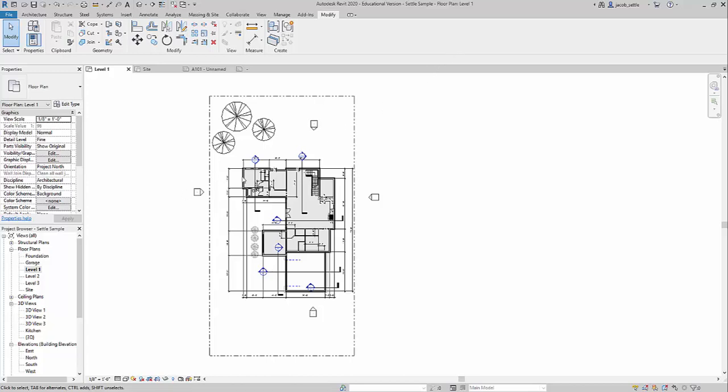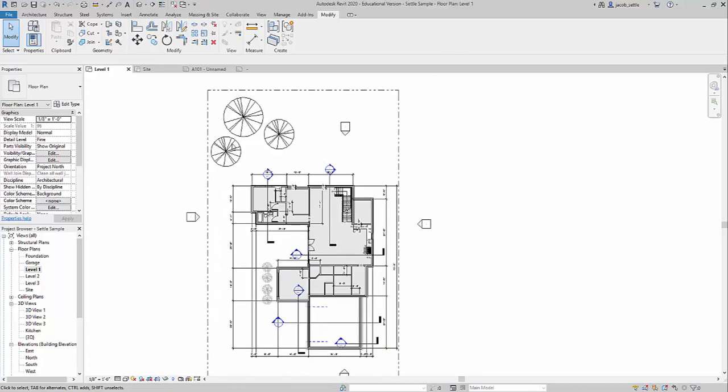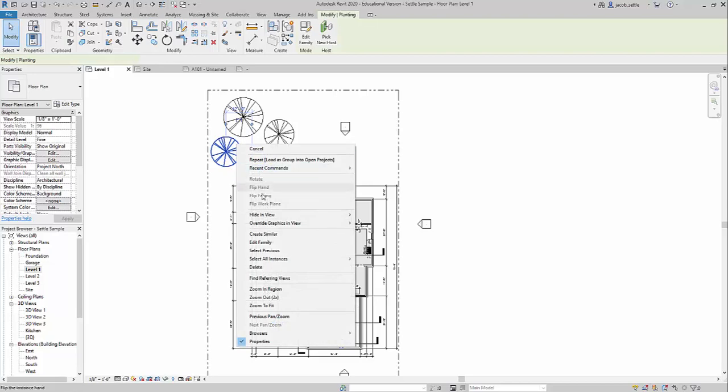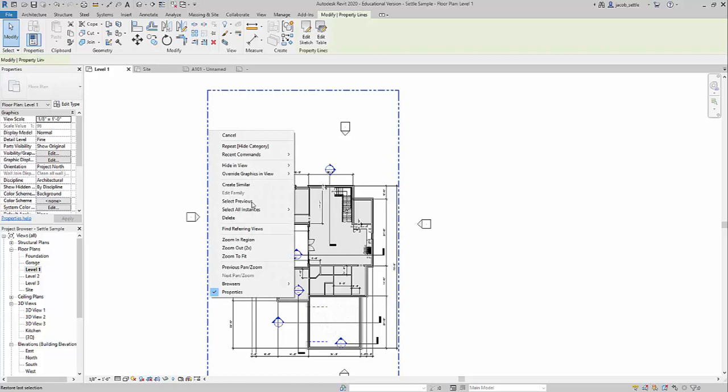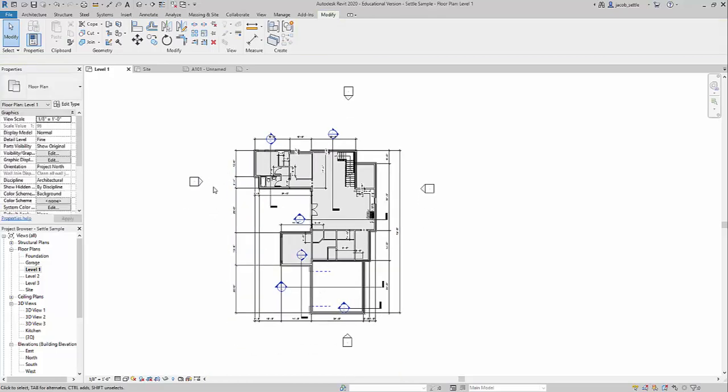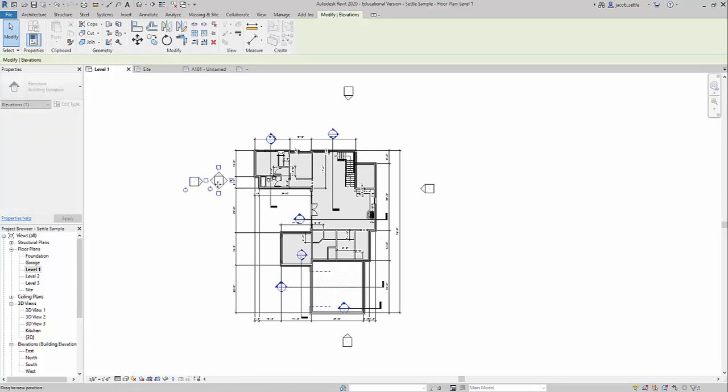All right, so the next sheet we're going to talk about is the floor plan. I need to start by hiding some items, so I don't want any site items on here. I'm going to hide that whole category of plantings. I'm going to hide my property line on here. These you do want to keep. Again, you can move these in if you want to tuck these in a little bit, kind of center those